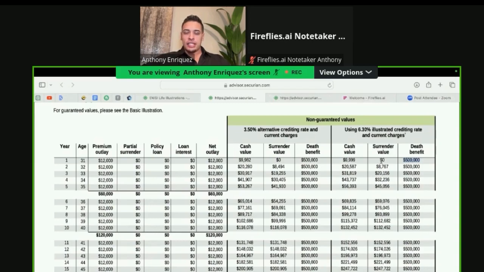This illustration here does have a surrender value, and typically you can spot out if a policy does have a surrender value by looking at the cash value compared to surrender value. If there's a significant difference, that means there is a surrender charge. And a surrender charge is going to hold on your account for anywhere from 10 to 15 years. It's pretty standard for any insurance company to hold a portion of your money,